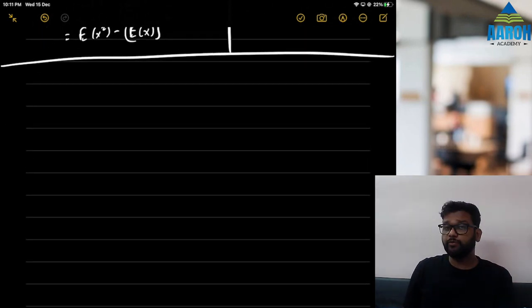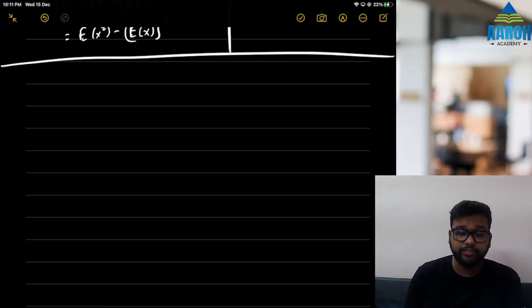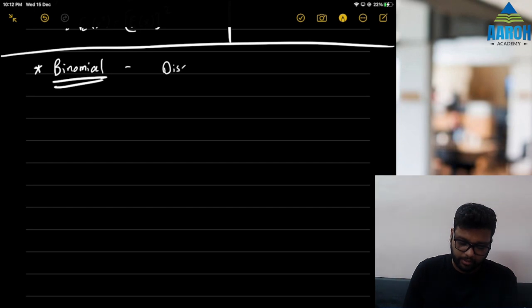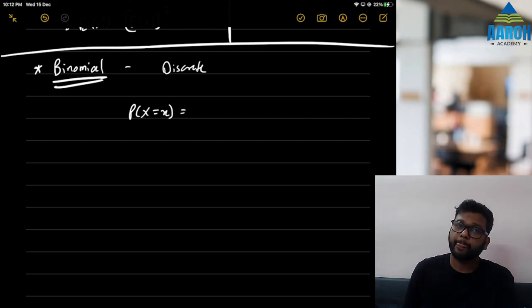Then based on these random variables we get probability distributions. We have three probability distributions. Let's start with the first, which is binomial. Is binomial distribution discrete or continuous? Discrete. That means it has a PMF. What is its PMF? Probability that X is equal to x is given as n C x p to the power x, q power n minus x. Correct. q raised to n minus x.